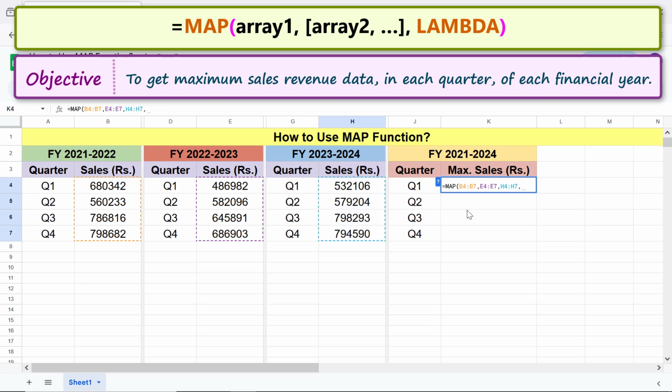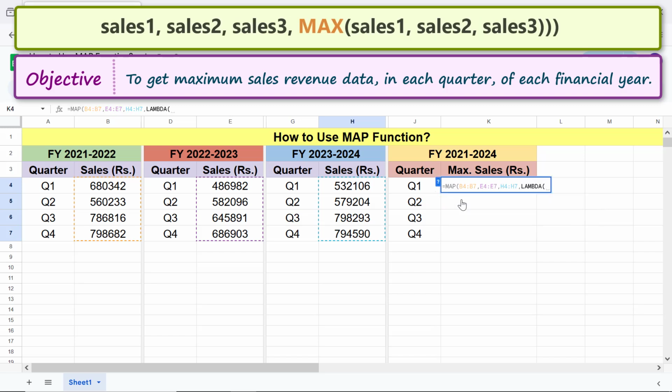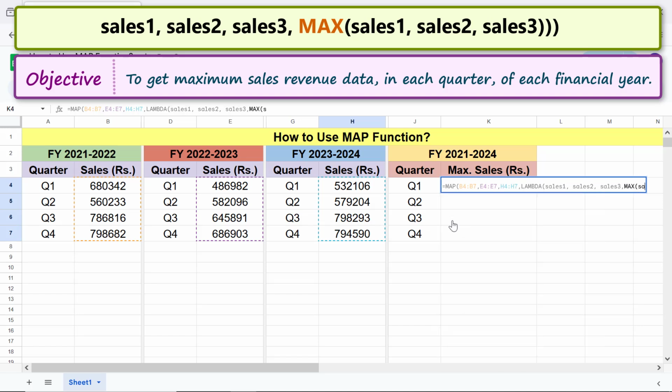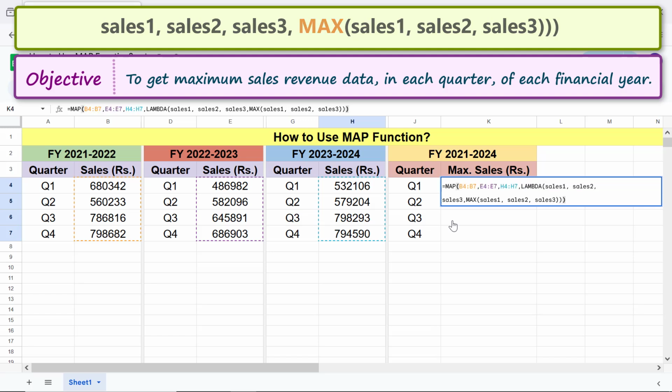Now, we have to nest the LAMBDA function inside the map function. Type L, A, M, and select LAMBDA. Type these three named arguments, one each for the three arrays passed to LAMBDA, and type the formula expression. Type 3 closing parenthesis. The final formula is